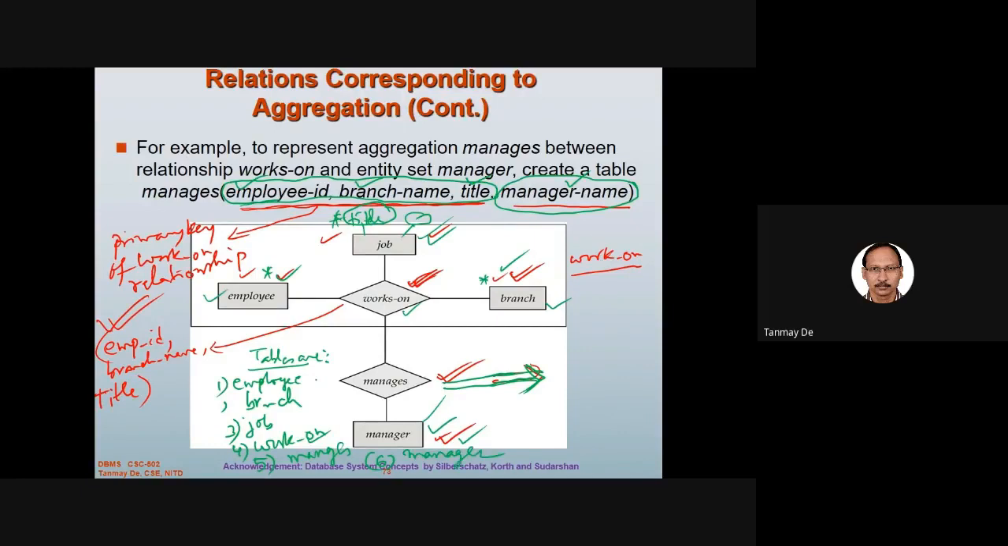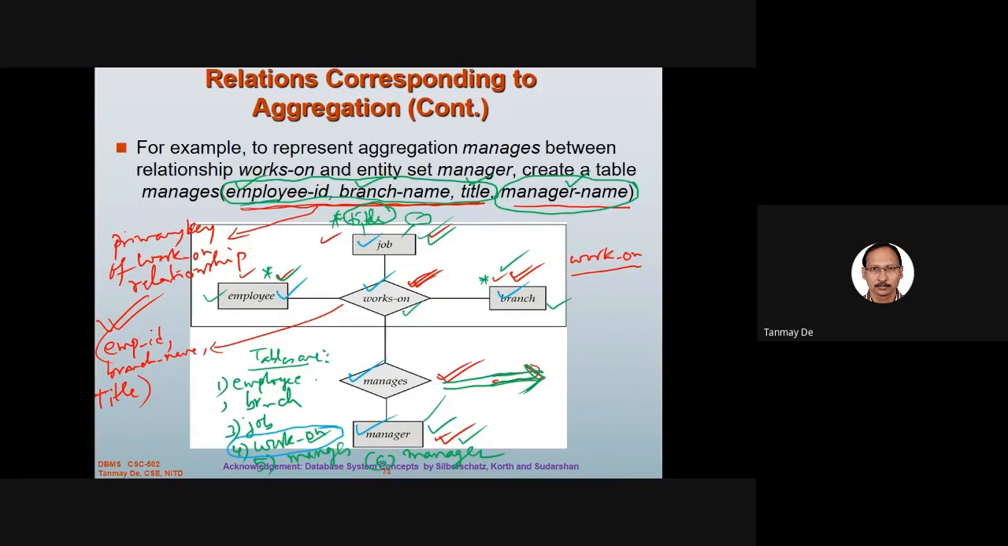Okay, so this one needs to be converted into a table. Just a minute. One table for employee, one table for job, one table for branch, one table for work on, one table for aggregated relation manages, one table for manager entity set. Okay, so is it okay? And in that case, the work on table is redundant